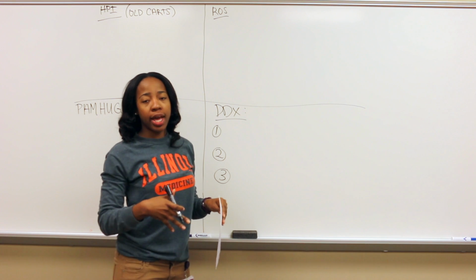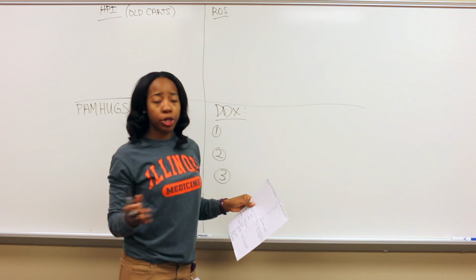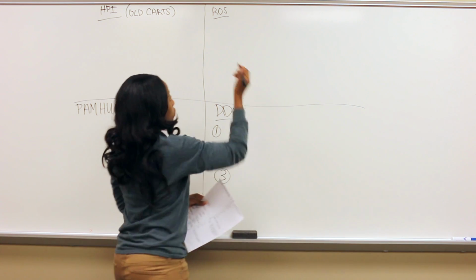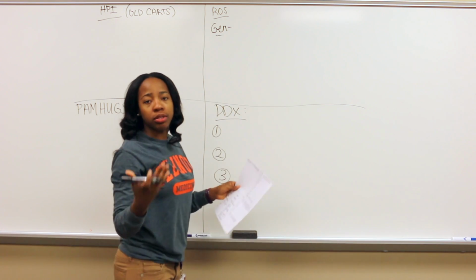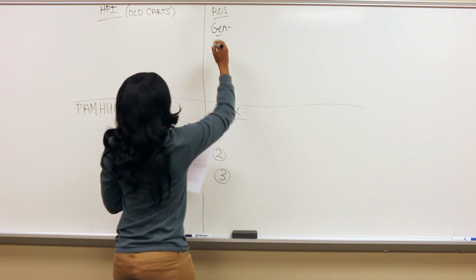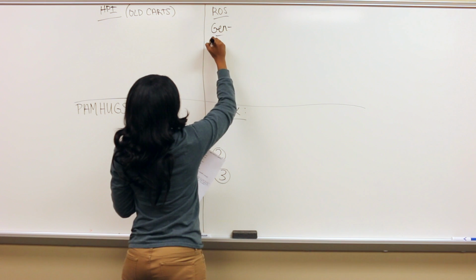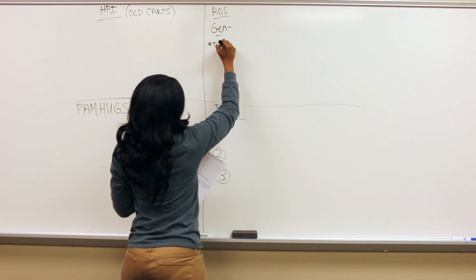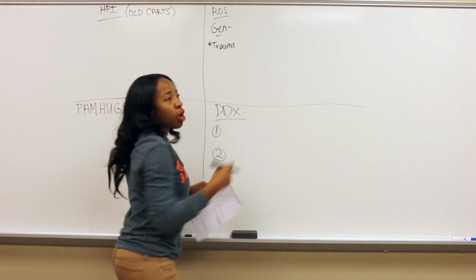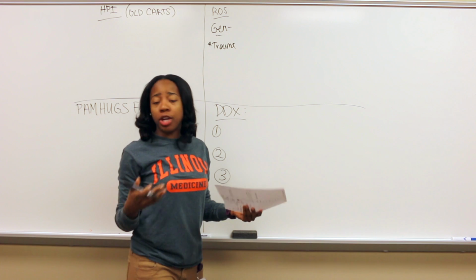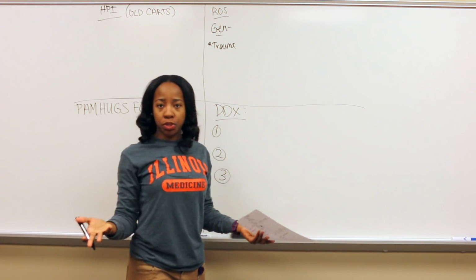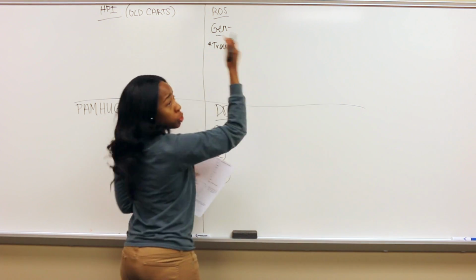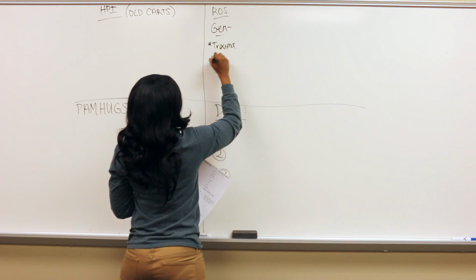I used a head-to-toe approach. You can use whatever works for you. My head-to-toe approach started with general. So any fevers, chills, lightheadedness, dizziness. And then I added this here, trauma. Trauma is simply that, trauma. Have you had any recent falls, any head injuries? Have you lost consciousness recently? And then I just went down the body. So HENT,